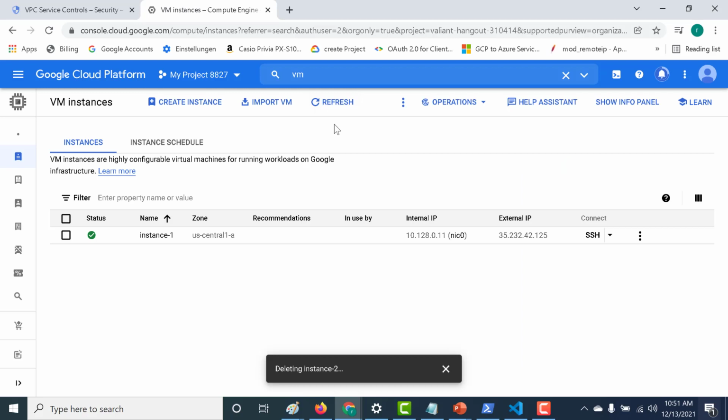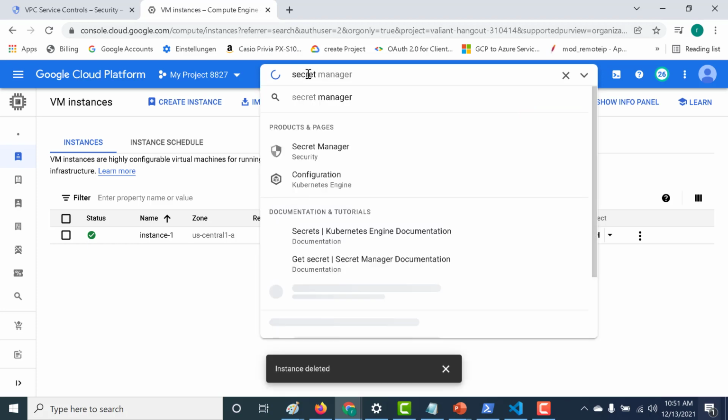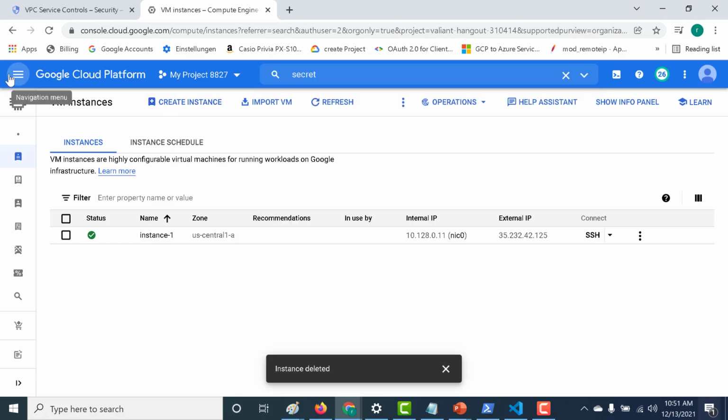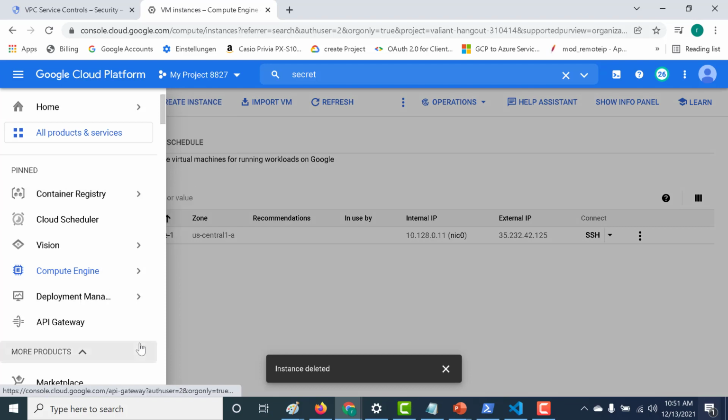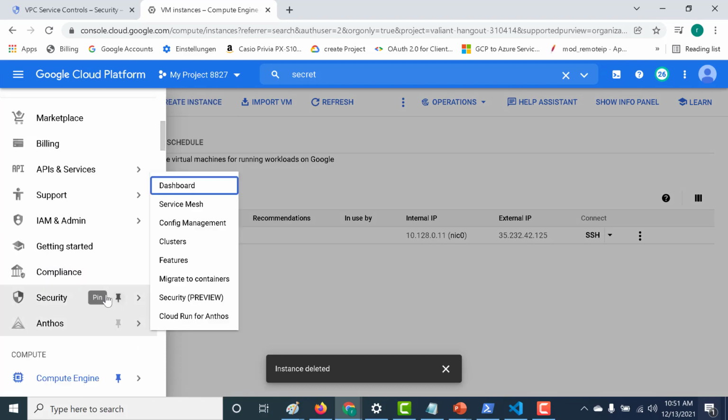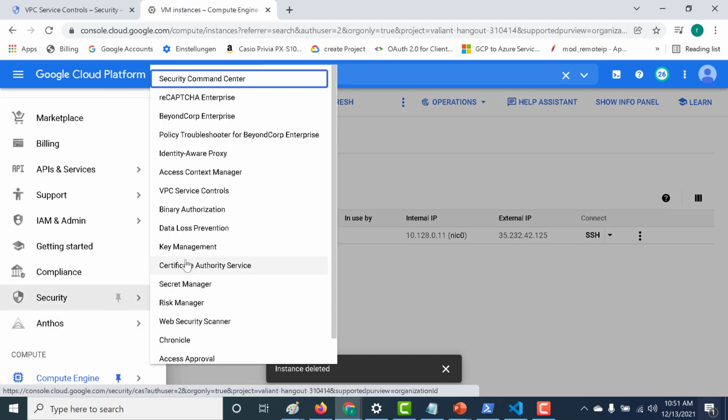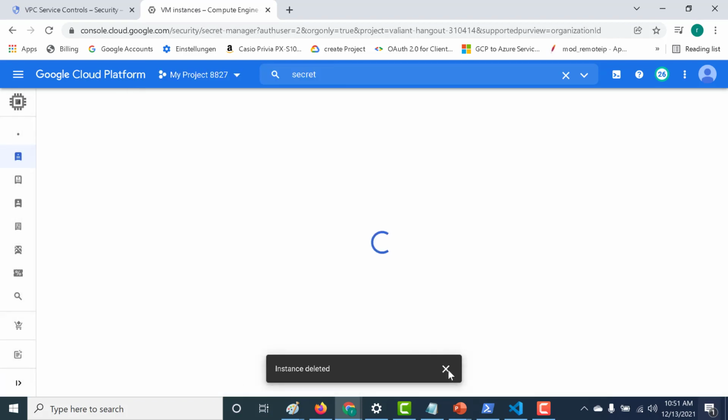Okay, so I'm back in my console. The first thing that we need to do is access our Secret Manager. Now you can just type secret manager here, or you can go to your hamburger menu and you will find your Secret Manager inside Security. So you can just open Security and within that you'll find Secret Manager. So let's open this